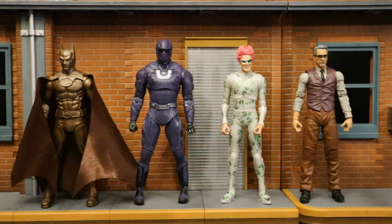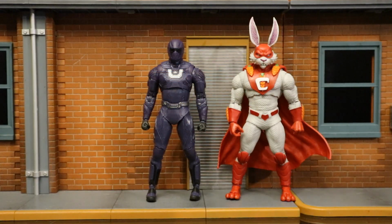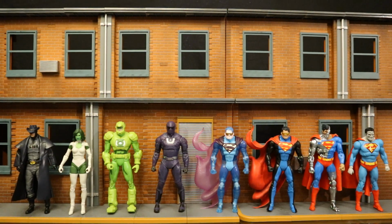Superman Jeremy Irons Alfred. Then, with a couple of McFarlane cover recreations, we have the infamous Stolen Killing Joke Joker and the Dark Knight Returns Batman. And now, with the Amazon exclusive glow-in-the-dark Captain Carrot, here's Ultraman next to the Cowboy Batman, Jade, Armored Hal Jordan,